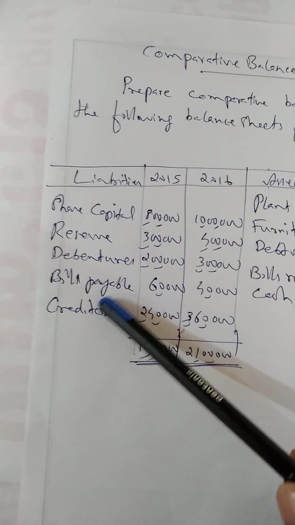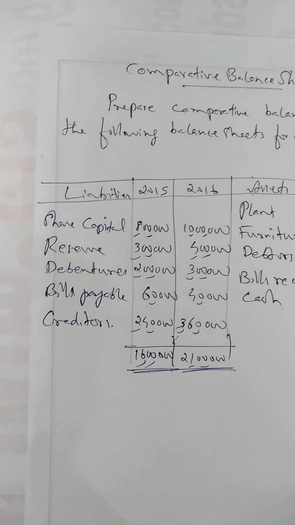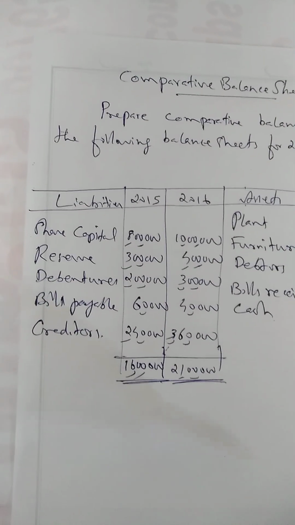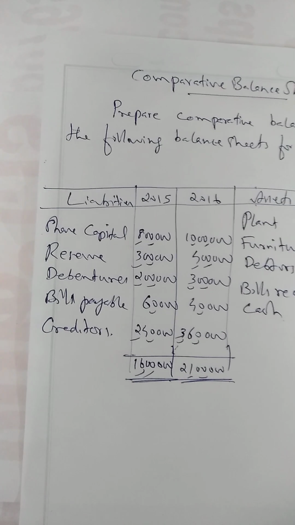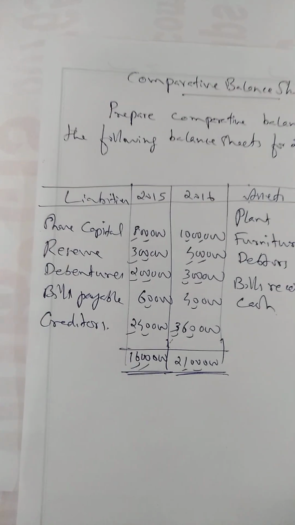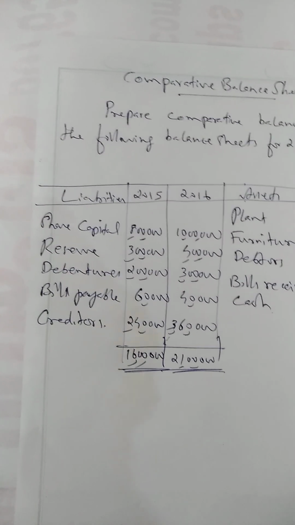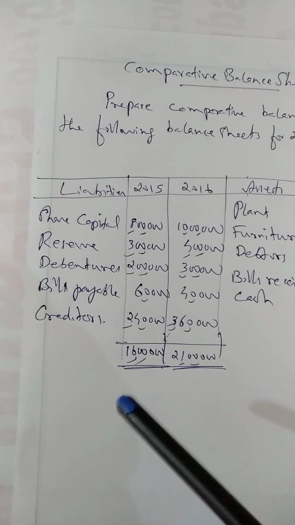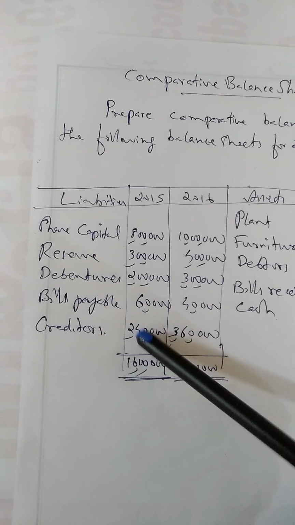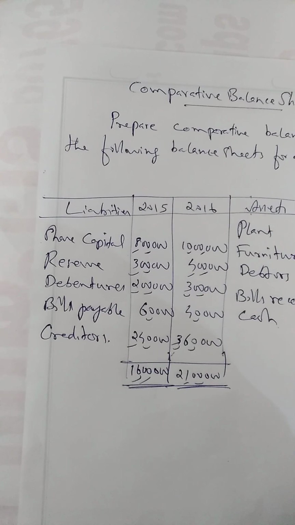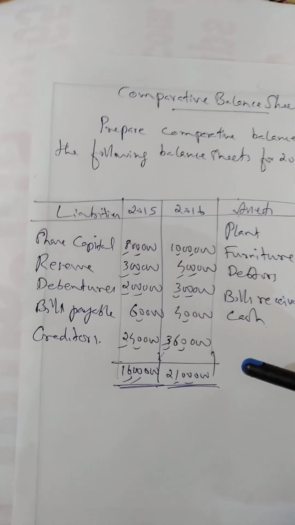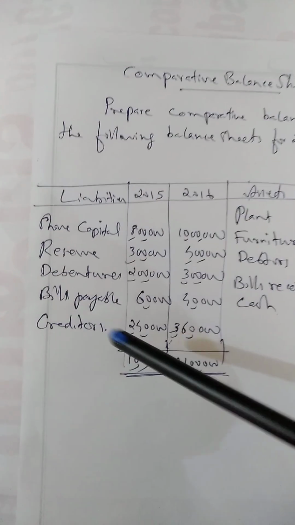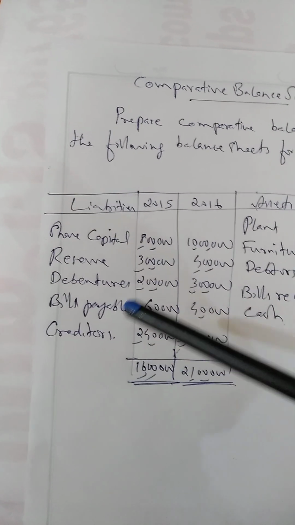While this bills payable means we borrowed goods from somebody else and we provided document as an evidence. And in such a document, we state that it will be paid in a particular period. It will be a short period. We should pay within a period of 1 year. Similarly, creditors also, we borrowed goods from somebody else and we have to pay the amount immediately. So these are short-term liabilities.